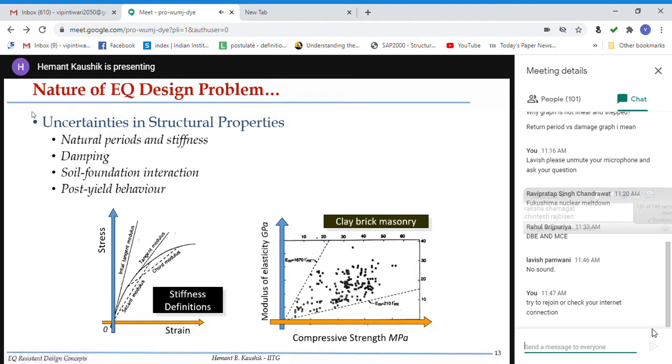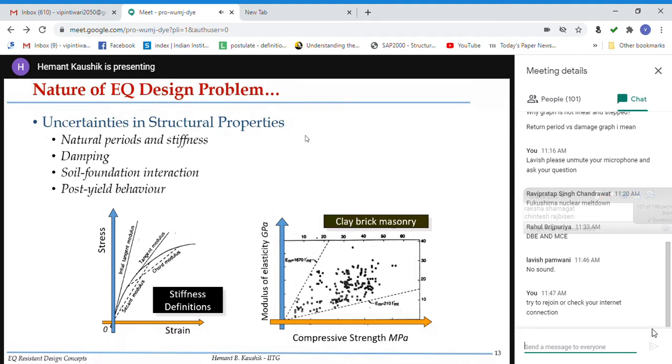Now, let us look at what the uncertainties are in the structural properties. So we have looked at the uncertainties in the ground motion. Now, structural properties, we are very much advanced. We have such nice facilities, laboratories across the country, in the whole world. We have such nice instruments. But still, the estimation of the natural period of vibration of the structure is very difficult. It's not actually possible to find out the actual natural period of vibration of a structure because of various issues,